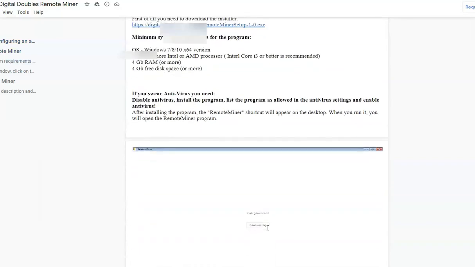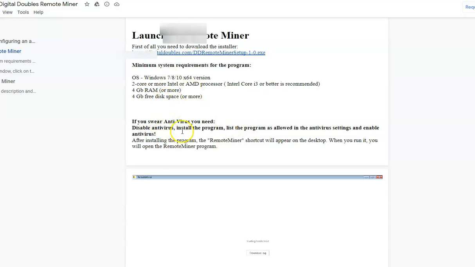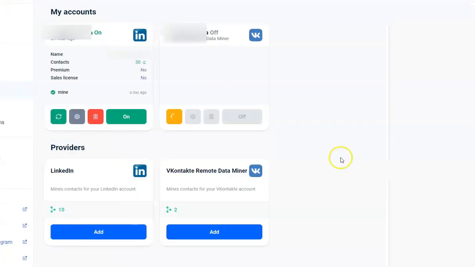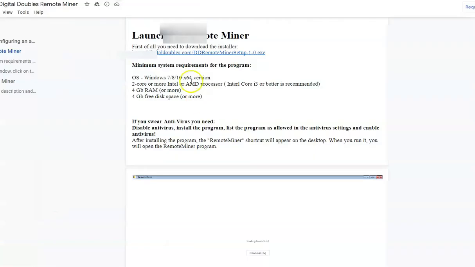Okay, launching the remote miner. But this is what people are forgetting to do, because they're not doing this bit. They're just doing the other bit, and you're wondering why this keeps going like this. What you need to do is, first you need to download this. So you click on this one, it gives you